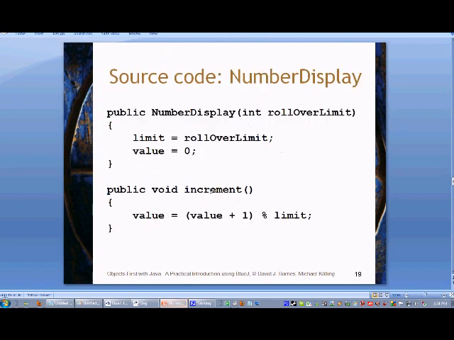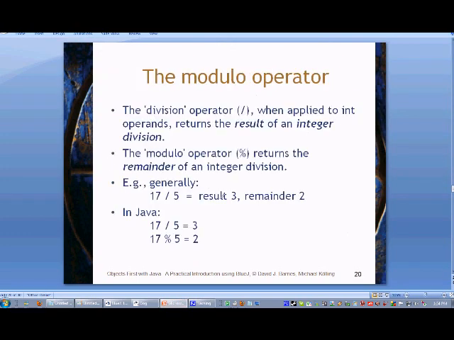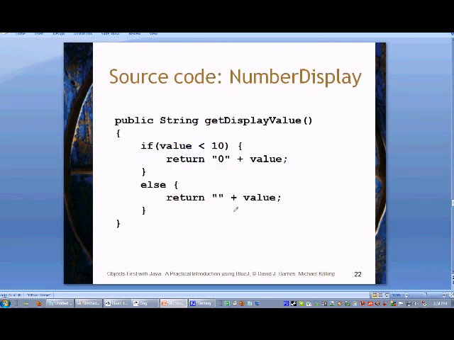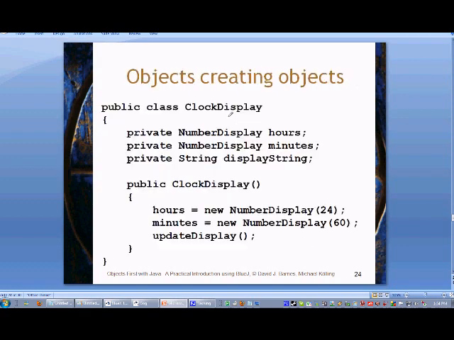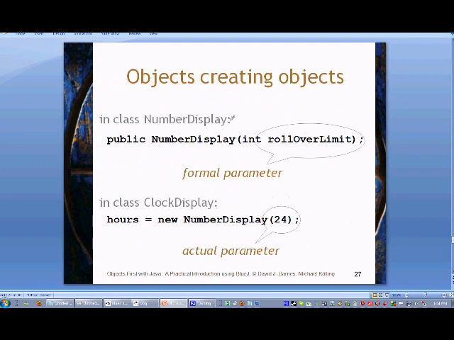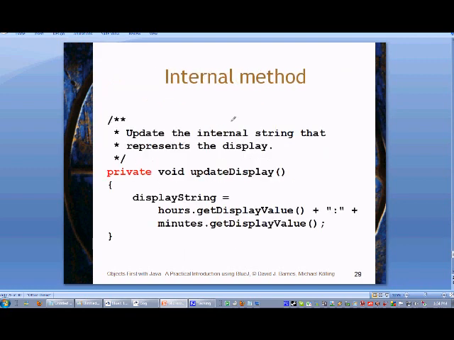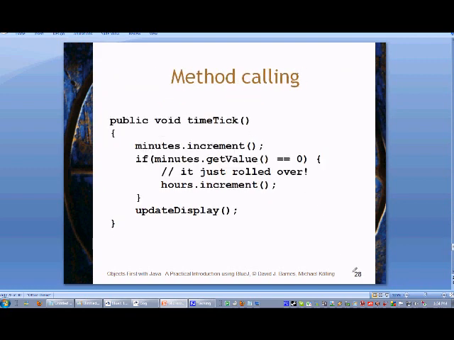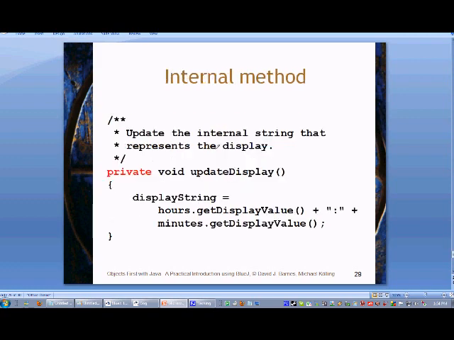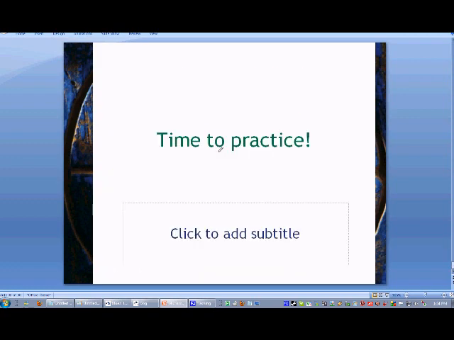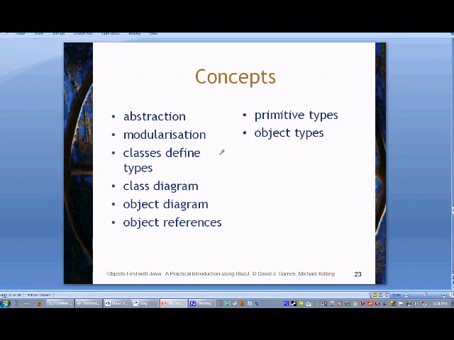If I go back here to the slides, slide 22, I can see part of my number display. You can tell on slide 28, that's definitely not a number display method. Nothing at all to do with time and number displays. I'm trying to find the rest of my